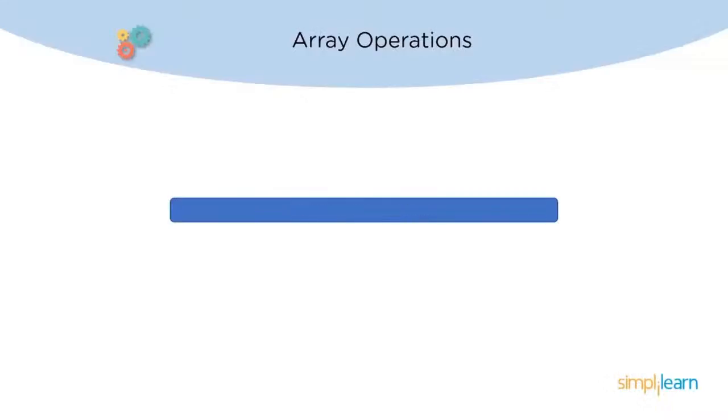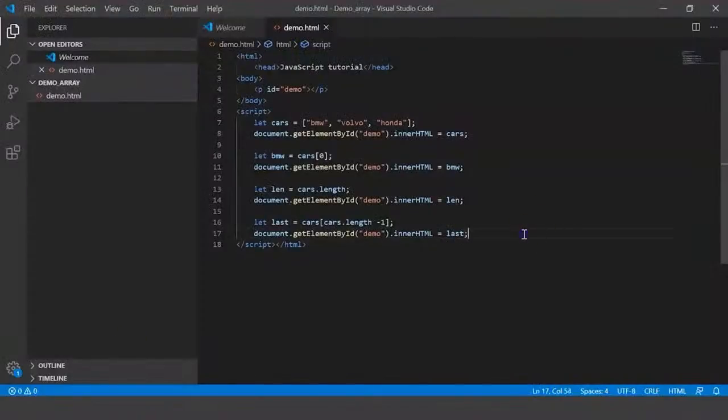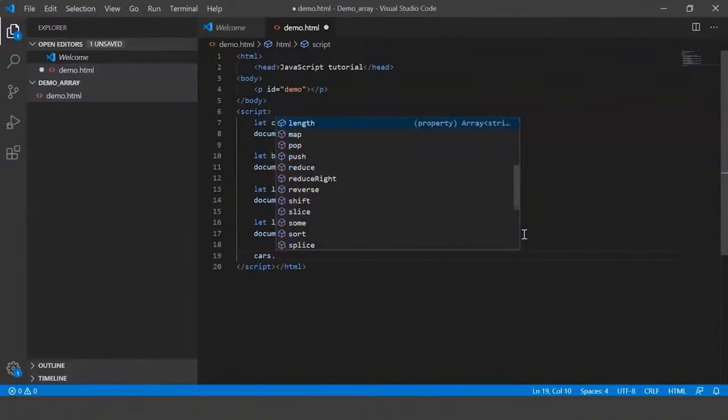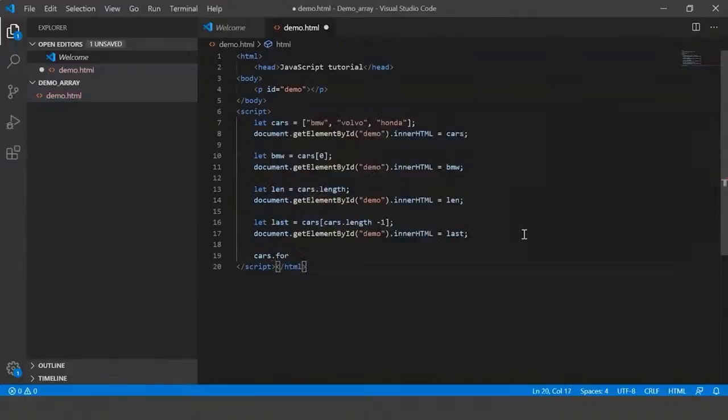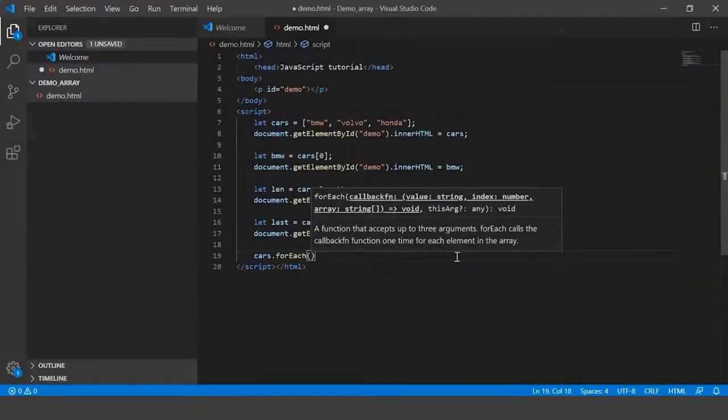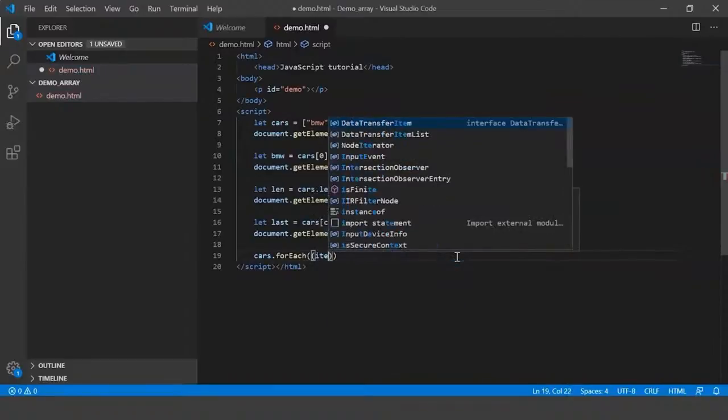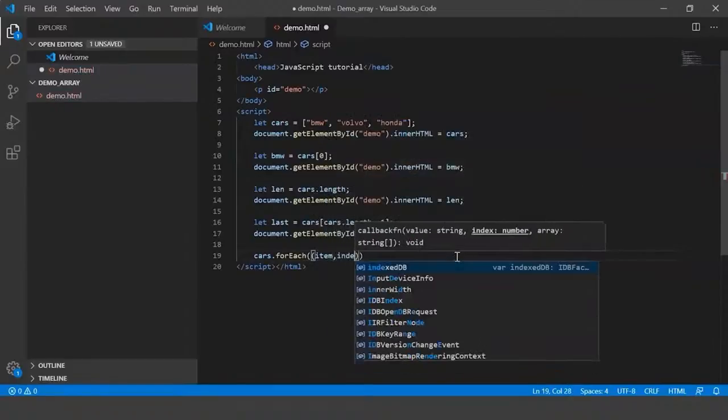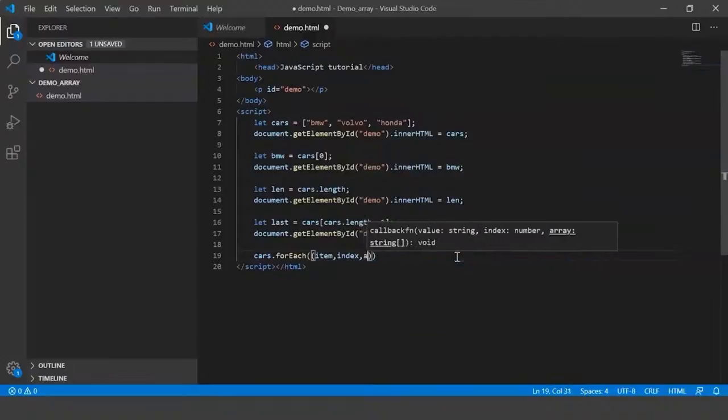Alright, so moving on, the next array operation is looping over an array item. For that, let's go to our code, and here let's use the for loop. So I say cars.forEach, and within this we'll say item, comma index, comma array,